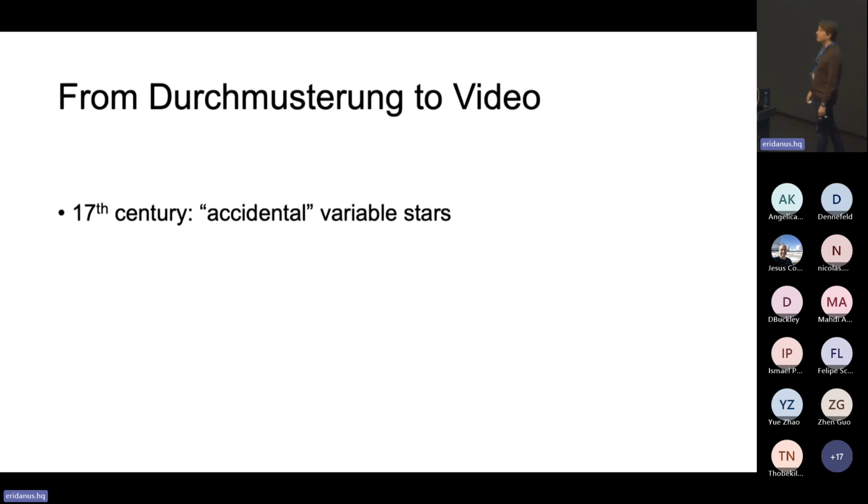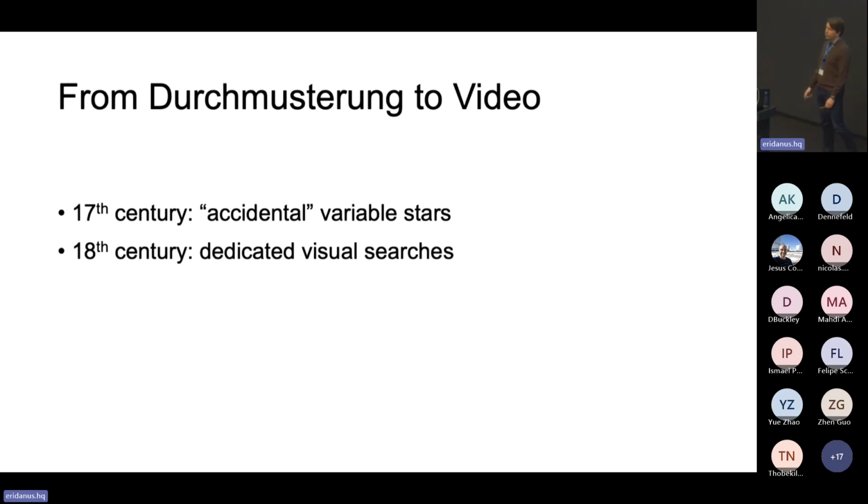So before we go into any detail of what kind of variable stars, I think it's useful to look a little bit just philosophically how this field has progressed. And I'll start in the 17th century when the first variable stars were identified because people wanted to pinpoint the location of specific sources. And Mira actually ended up showing up sometimes, but not other times. And that was how Mira, the Omicron Ceti, was first identified as a variable.